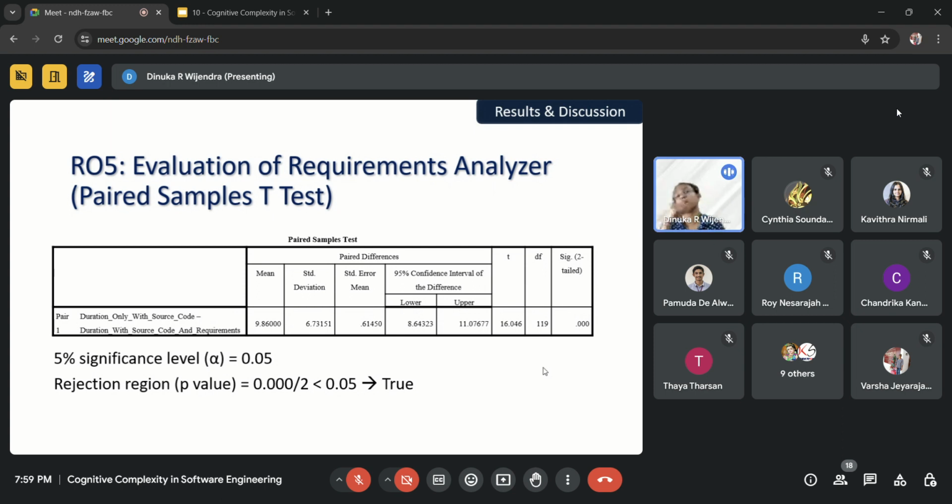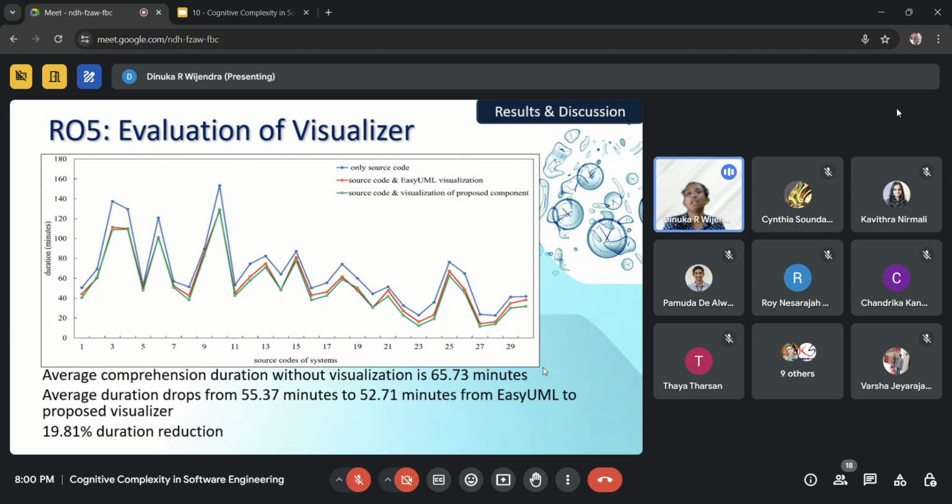Anyway, from this one also, I have used hypothesis testing, and I have verified that using my system, or using my components, for all the generic users, up to a certain extent, the timing can be reduced. And the visualization point also, if you can remember, I had 2 visualization components, with the before source code implementation and after the source code implementation. So these are the things that I have done.